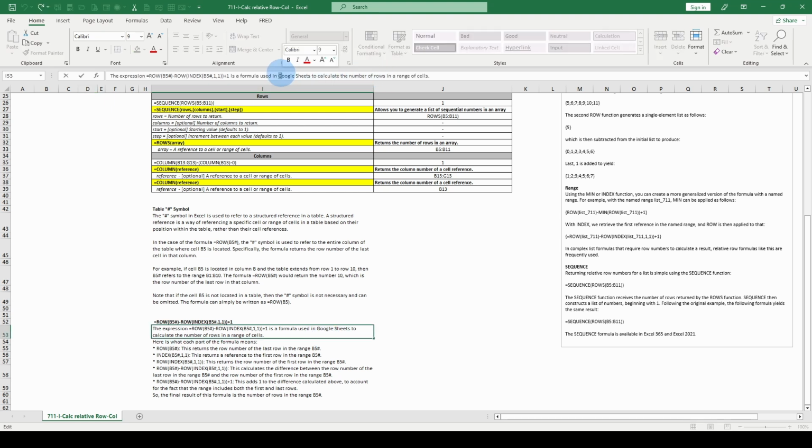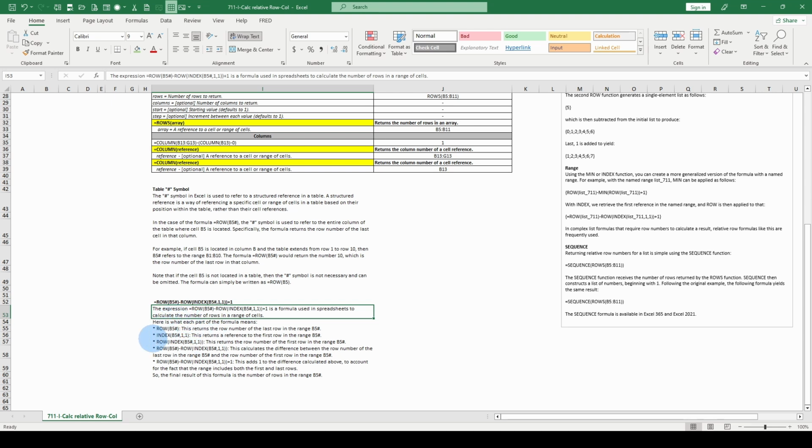How about we just go here? It's used in spreadsheets to calculate the number of rows in a range of cells. Here's what the parts mean. ROW(B5#) returns the row number of the last row in the range B5#. INDEX(B5#,1,1) returns a reference to the first row in the range B5#. ROW(INDEX(B5#,1,1))